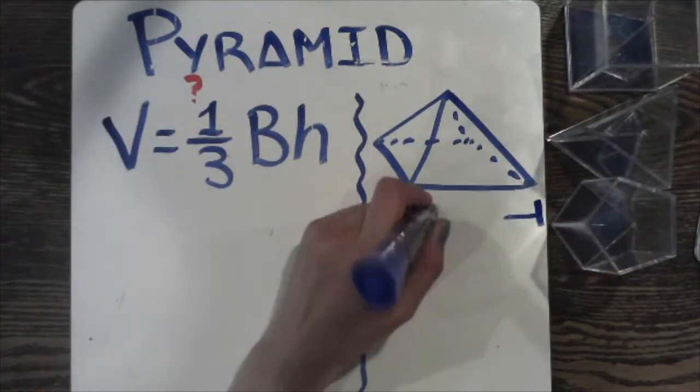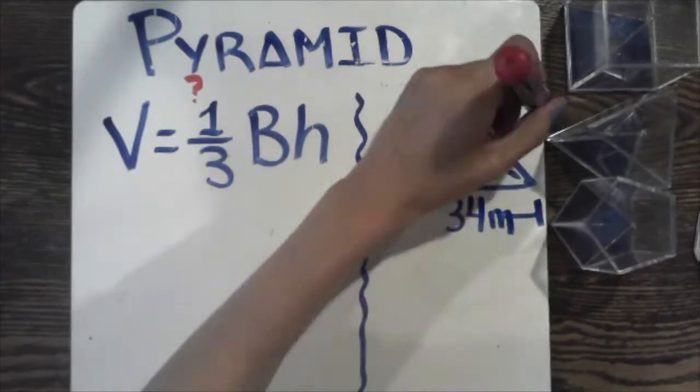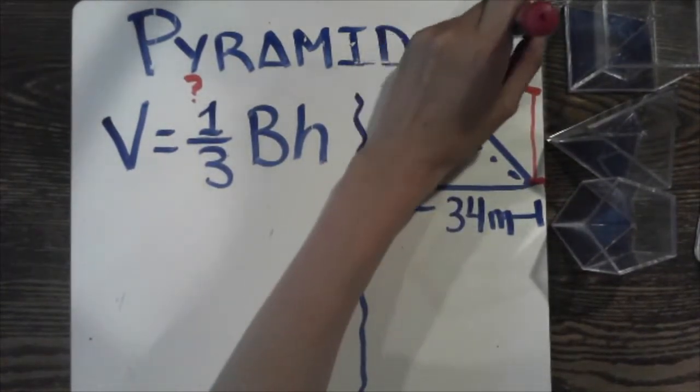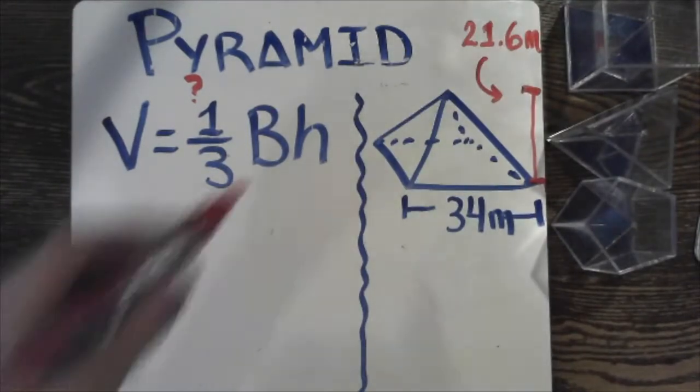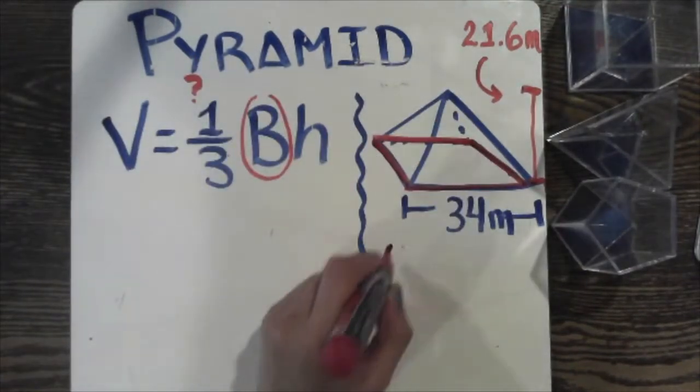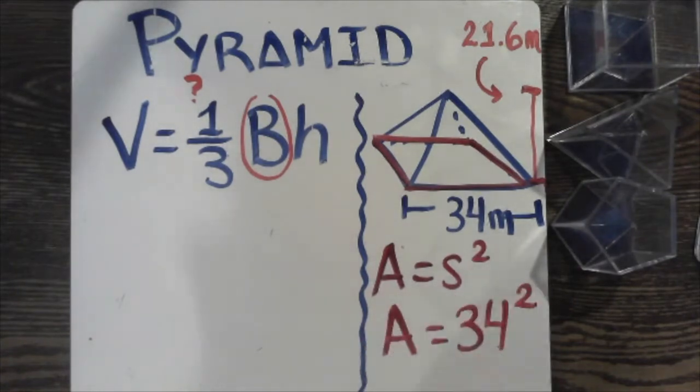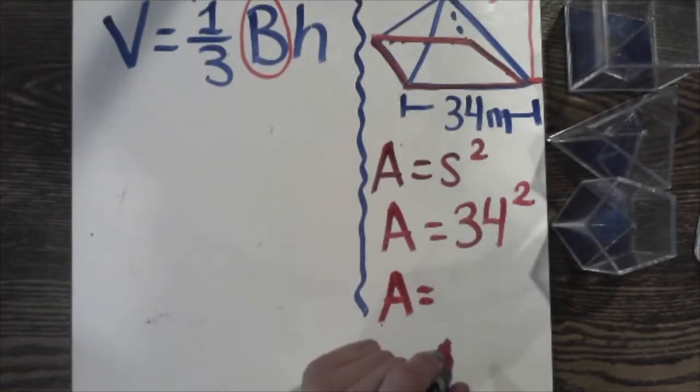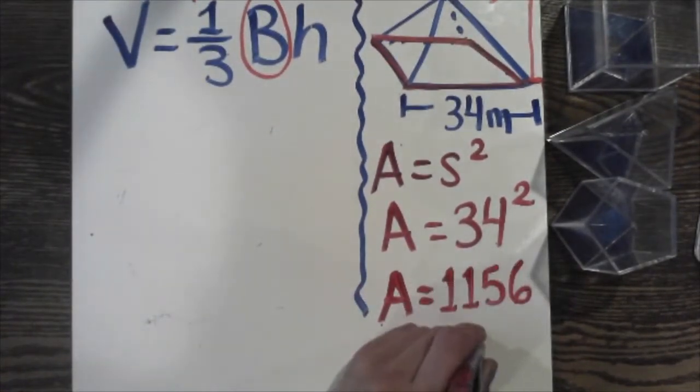The dimensions of the Louvre: 34 meters as each side of its base, and it is a square base, and then the height is 21.6 meters. Because it is a square base, I am going to use area equals s squared, or 34 squared, and 34 times 34 is